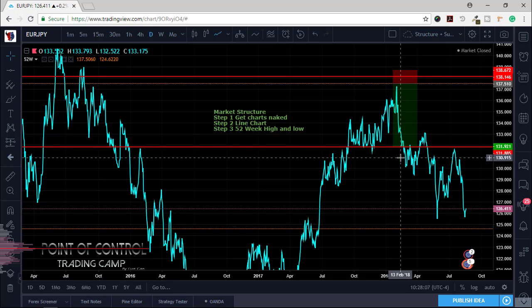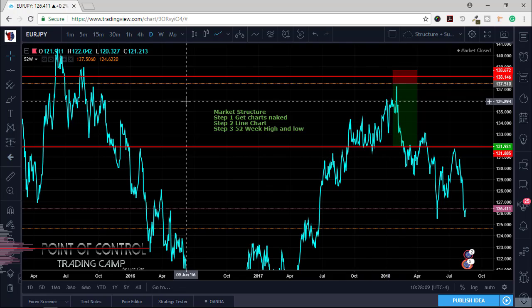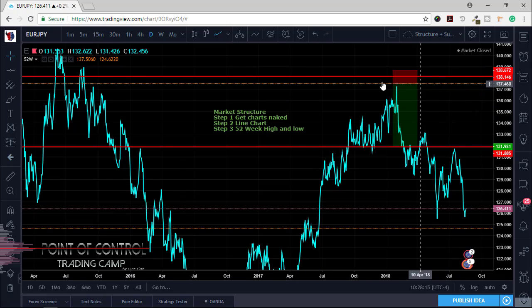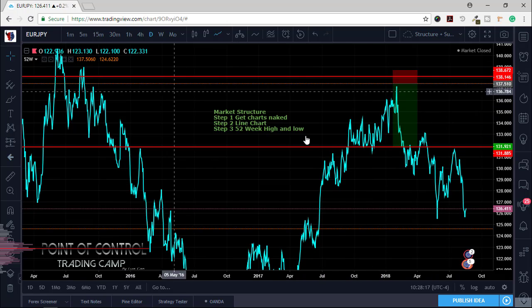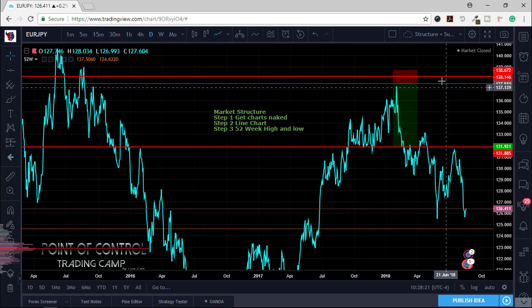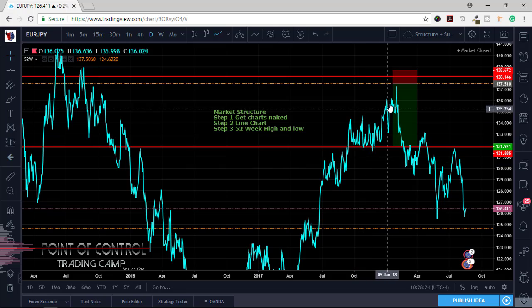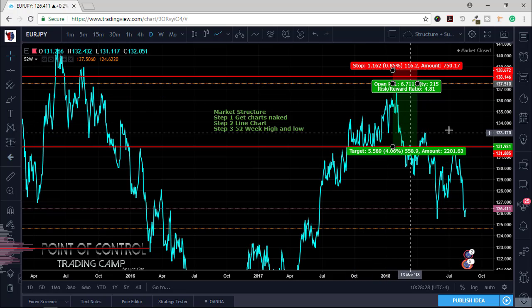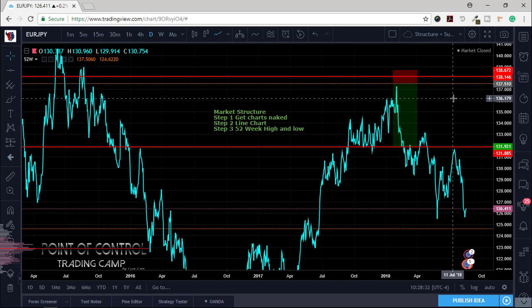Just to give you an understanding of why these types of things happen, guys. Professional traders, institutional traders, hedge funds, and even commercial traders, they place their limit orders at these levels. That is just simple. And when you have a huge number of orders in a particular area, when price hits that area, it triggers all those orders and it causes price to react. And all you've got to do is be observant. You've got to be looking.